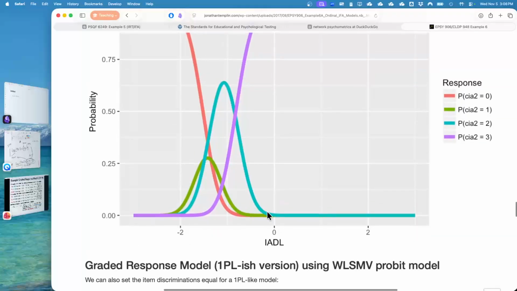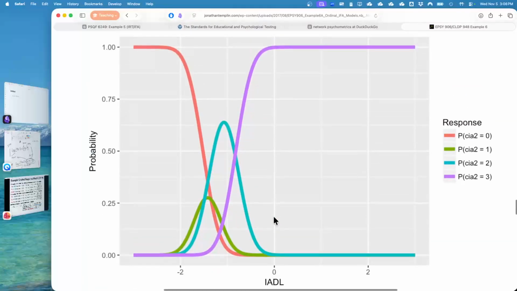So at the 0 point, the most likely response for an average person is no problems, the high end of the scale. What we like to think about for interpreting this is at what point on the ability continuum, the daily living scale continuum, do we start to see big problems or can't do it become the predominant feature? You can envision this scale being given out to elderly folks who may be considering whether they can live on their own or need some assistance with living.